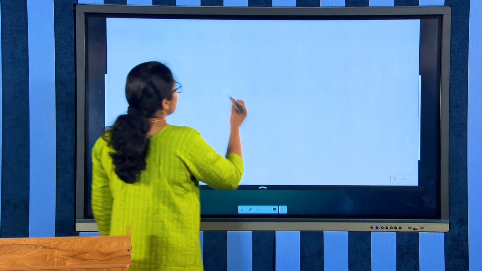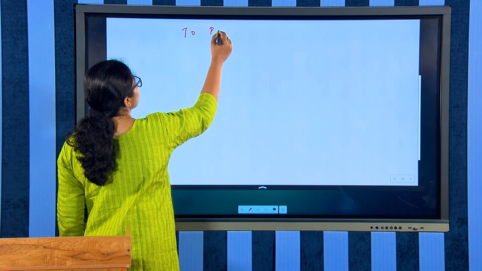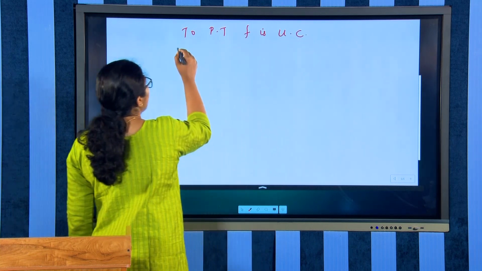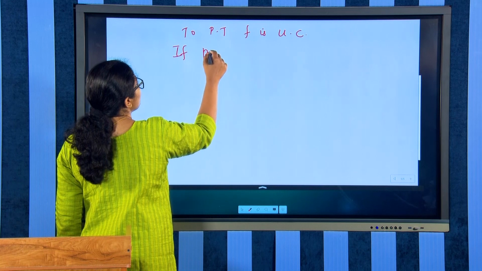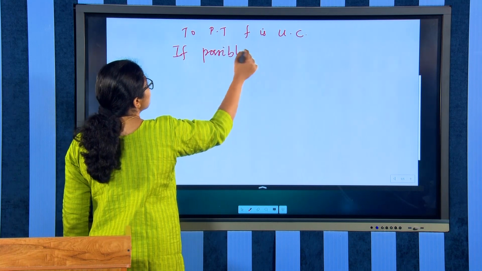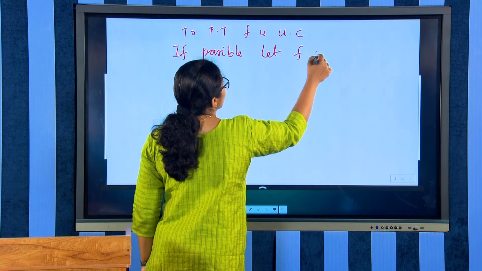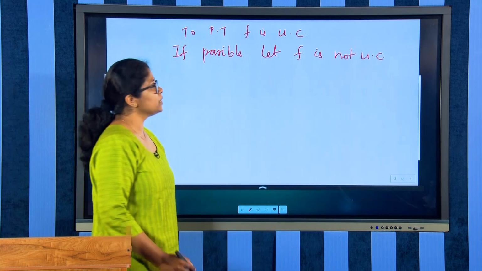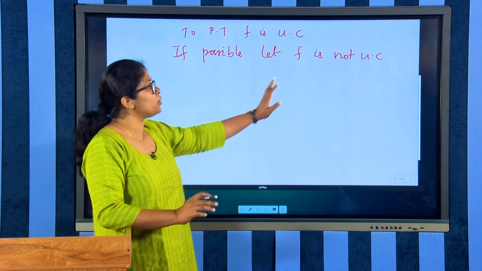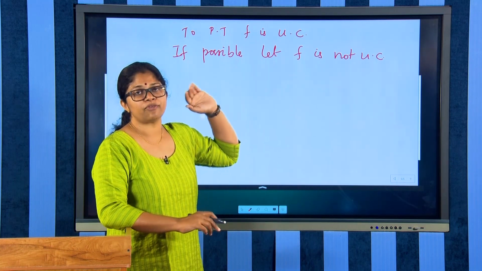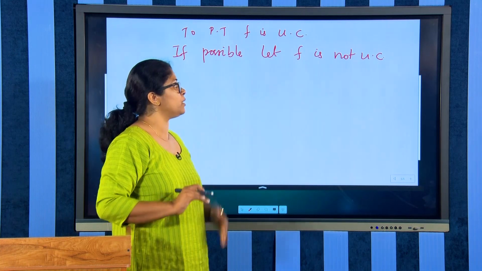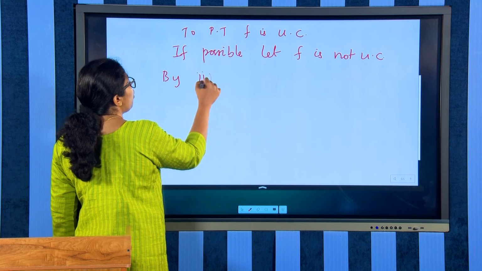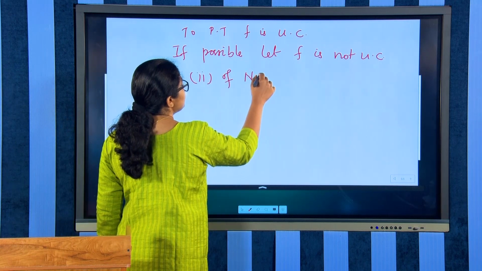So, we need to show, to prove that f is uniformly continuous, if possible, let us suppose that f is not uniformly continuous. If possible, we will assume that f is not uniformly continuous, but f is defined on a closed bounded interval and it is continuous. Then by condition number 2 of the non-uniform continuity criteria